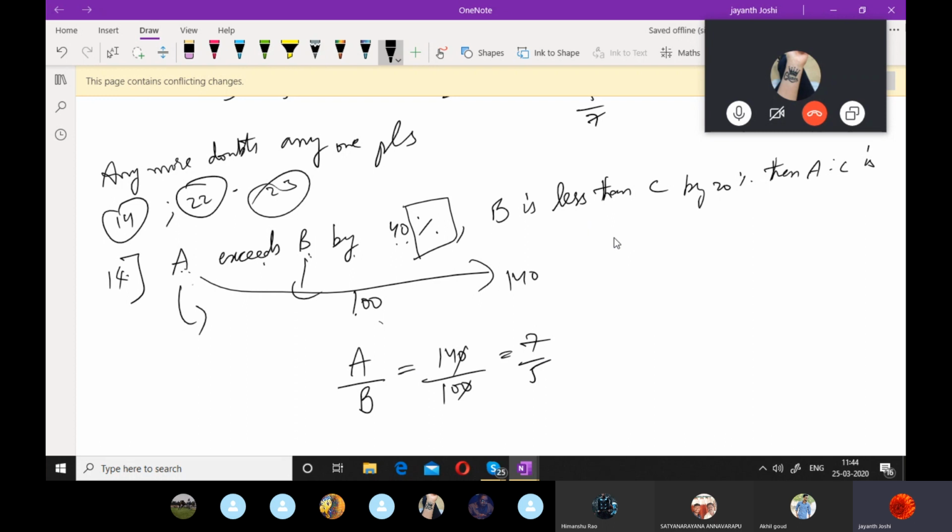And B is less than C by 20%. So we got A equals 7 and B equals 5. Yeah, A is equal to 7, B is equal to 5. Now B is less than C by 20%, so I have already taken B. Now B is less than C by 20% is nothing but